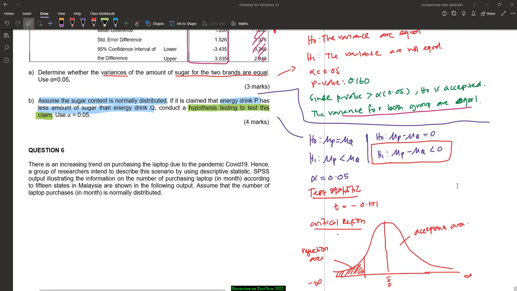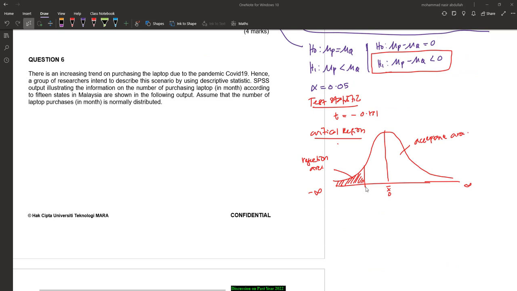So now what is this value? This is t alpha with degrees of freedom. We don't divide by 2 because it is a one tail test. One tail test, not divided by 2. So this should be t 0.05 with 16 degrees of freedom. So now we can